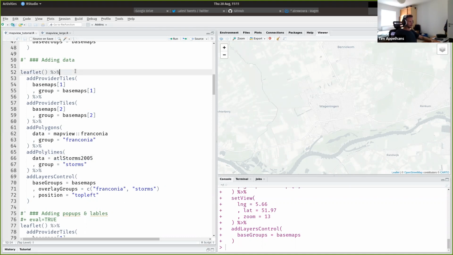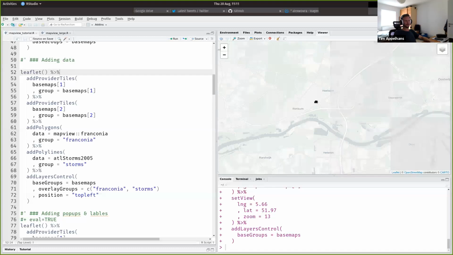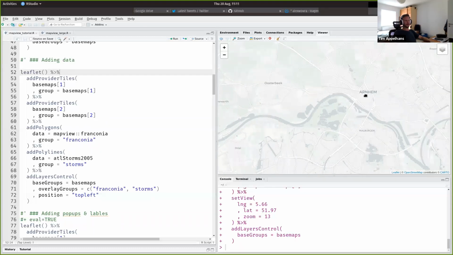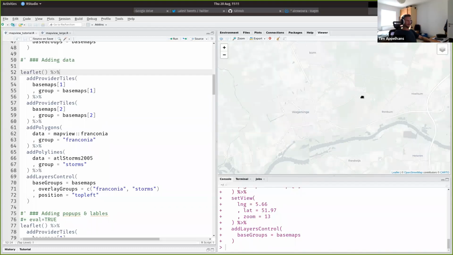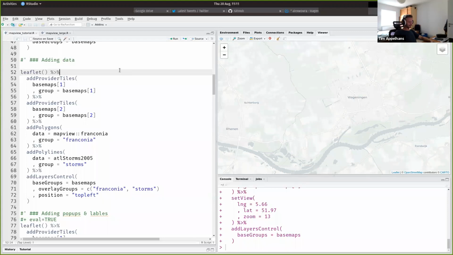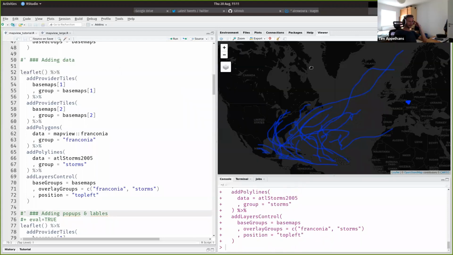And you already see that we are now up to 20 lines of code. I mean, I like the styling of the code this way, that I put successive lines underneath. But you could put this in one line, but then you'd have to scroll all the way to the right, basically from Wageningen all the way to Arnhem, I guess, in reality. So if we execute this,